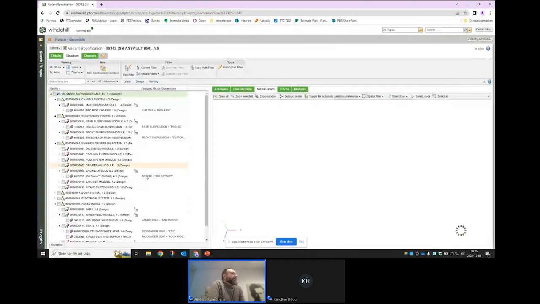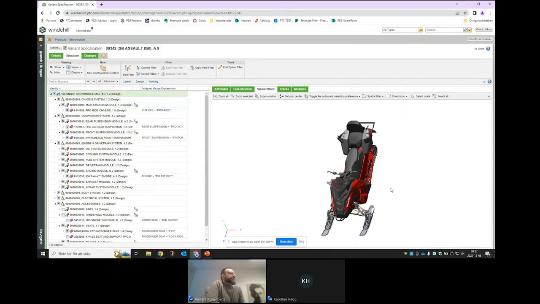So I'm not obliged to have the different options and choices available for this. I can just select the modules manually like this. Yeah, so this is correct. You can see it's only one suspension now and so on. So now I'll see the product as